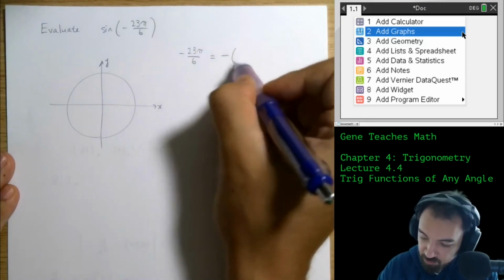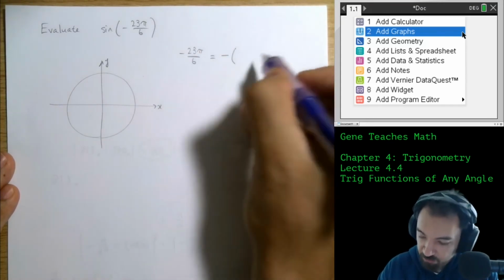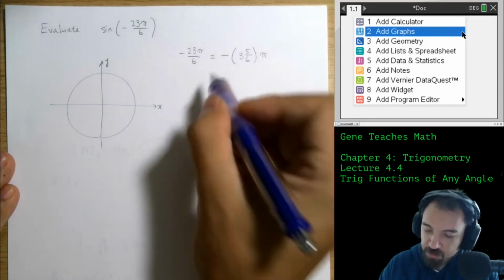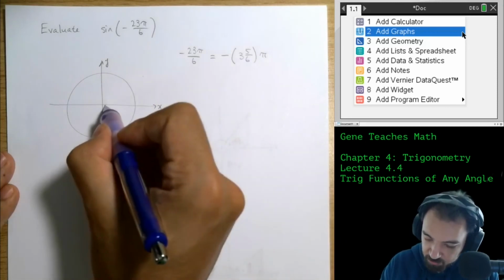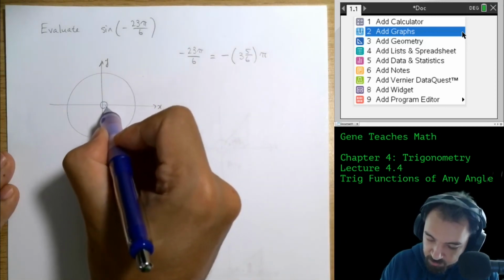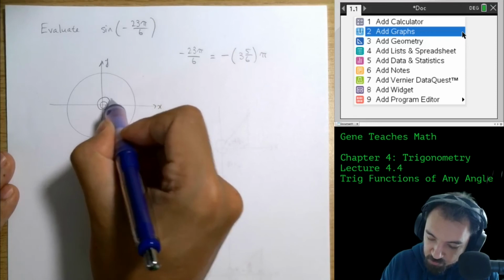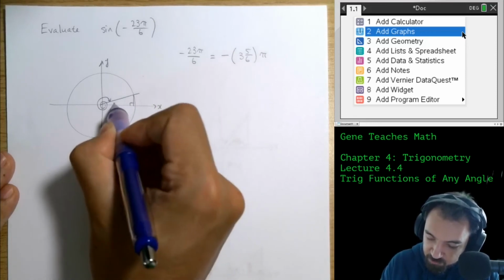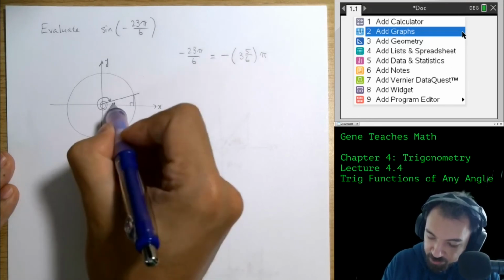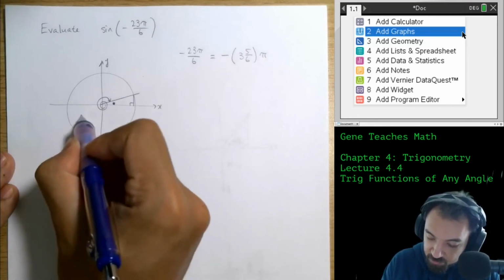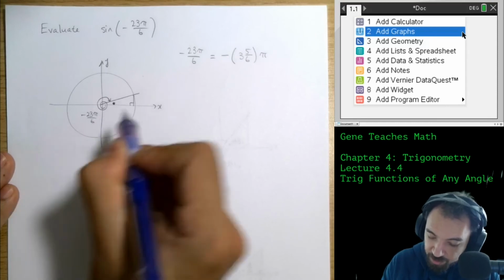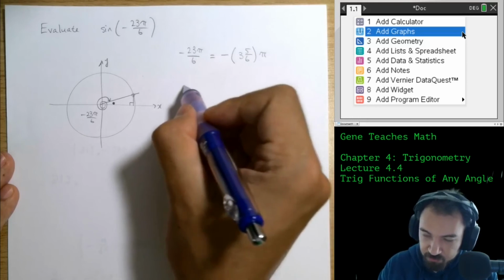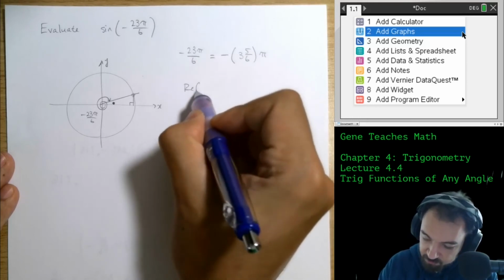It's going to be negative 3 and 5/6. So I know I'm close to negative 4 pi. That's clockwise, 1 rotation to get to negative 2 pi, almost 2 rotations to get to negative 4 pi. And I am very interested in finding that angle right there, the reference angle, so I can figure out what the x and y coordinates of that point are. So to find the reference angle, I guess I'll write this as reference angle,